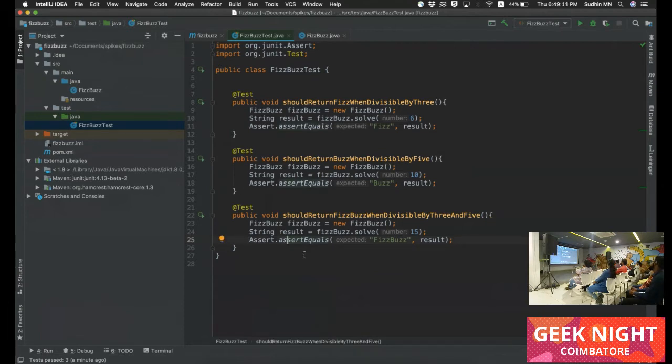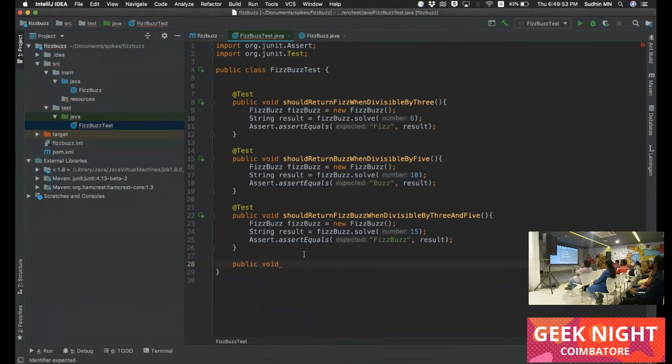Any questions on writing the tests? The tests don't only have to cover the implementations; you can have your negative cases covered with tests too. Suppose you want to check that the method should not accept a negative number, then we need to throw an exception.